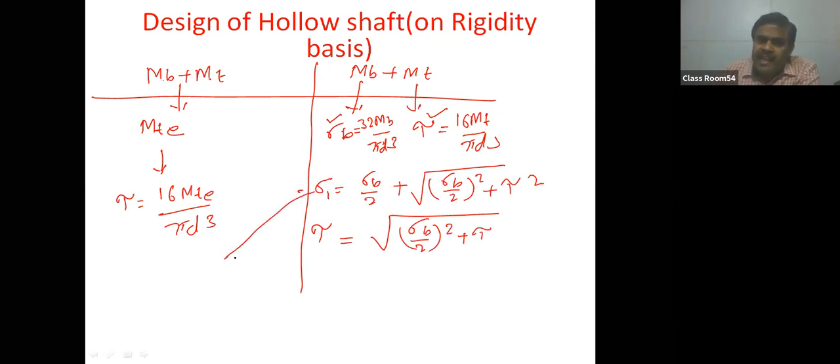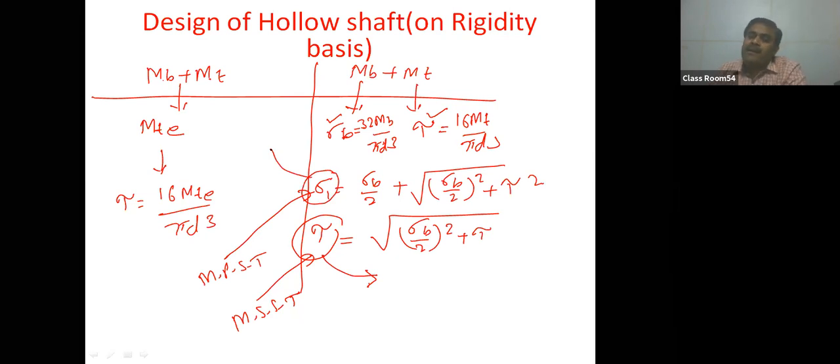The first formula can be utilized for the maximum principal stress theory. The second formula can be utilized as per the maximum shear stress theory. This tau can be compared with the permissible shear stress. This sigma 1 can be compared with the permissible tensile stress. So I think this procedure is lengthy. If it is a case of combination, then go for the first procedure. Only this is easy: just find the equivalent torque and find the diameter directly. In this case there is a bit more calculation, but the answer will be the same by both methods.